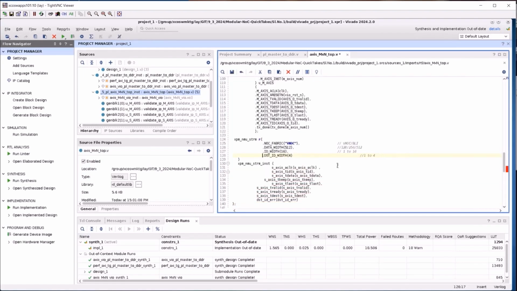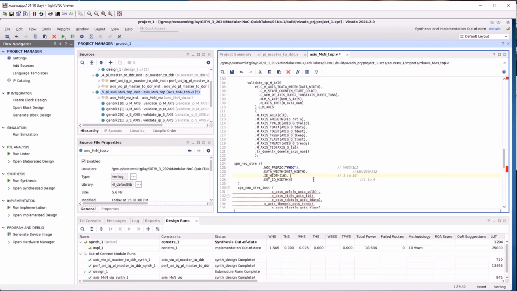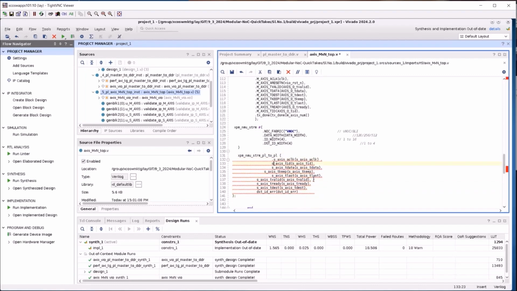I'll update the parameters. I'll also change the instance name, clean this up a bit, and start making the connections to the AXI master.